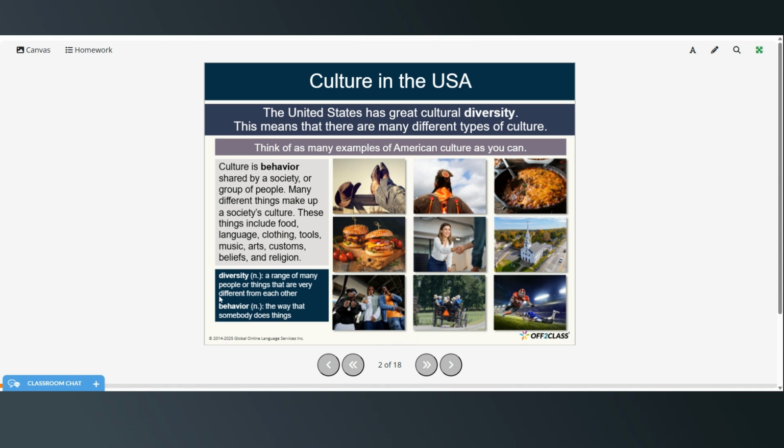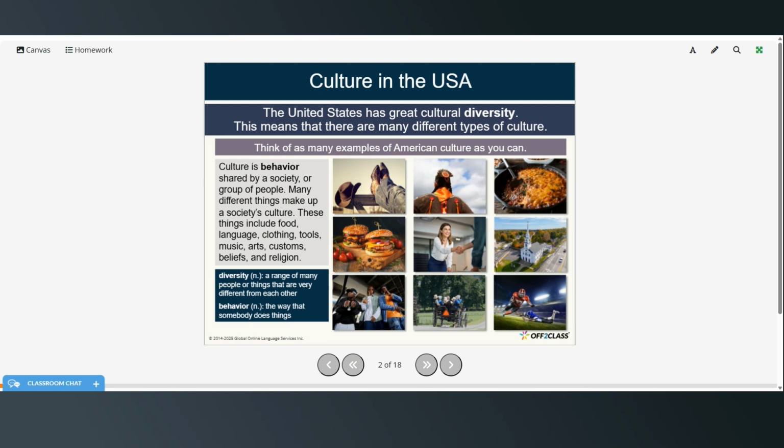Diversity is a noun, which means a range of many people or things that are very different from each other. Behavior is also a noun, the way that somebody does things. So think of as many examples of American culture as you can. And here's some pictures. Maybe that will give you some ideas. And then you can pause the video and read this text on your own, or you can follow along as